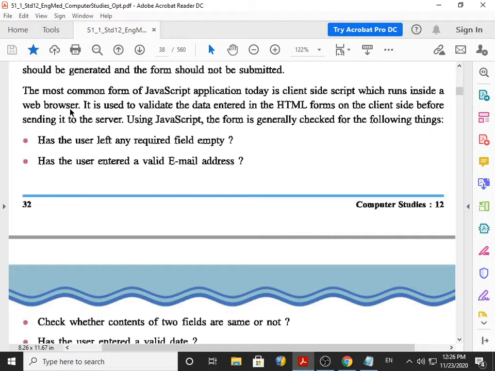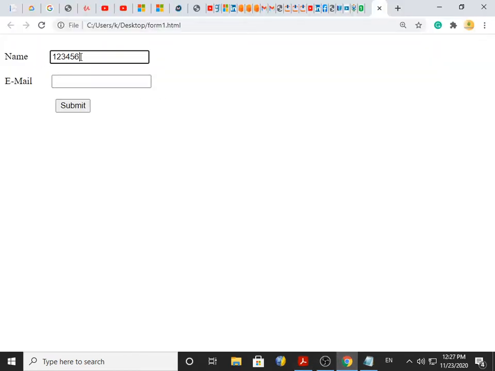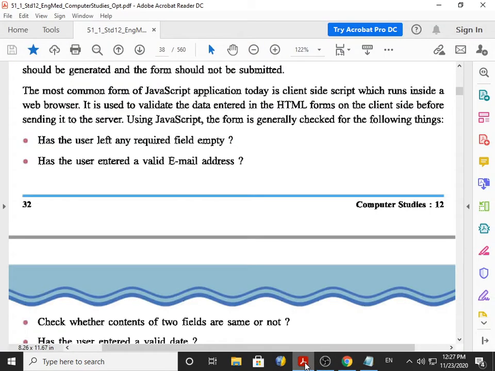Now using JavaScript, the form is generally checked for the following things. For example, has the user left any required field empty? You can check with the help of JavaScript whether, for example, the person entered the name but did not mention the email ID and tried to submit. So has the user tried to skip any of the fields? Second, has the user entered a valid email address, whether the user entered a correct email address.